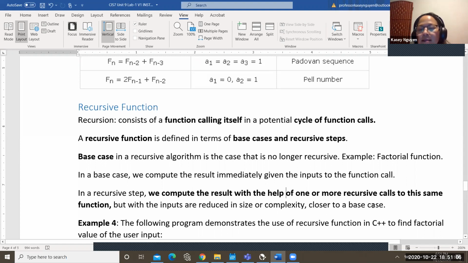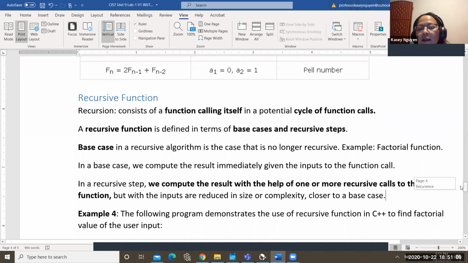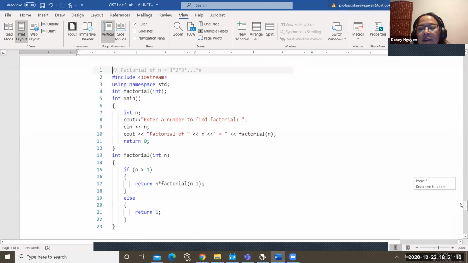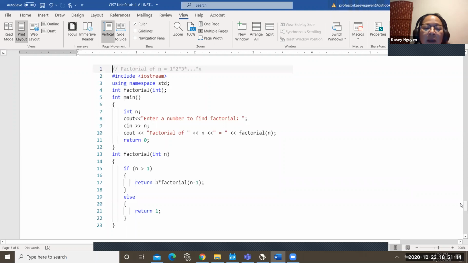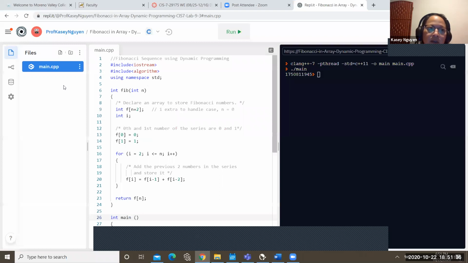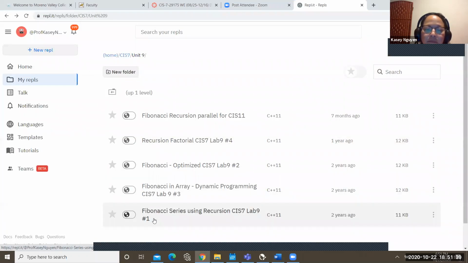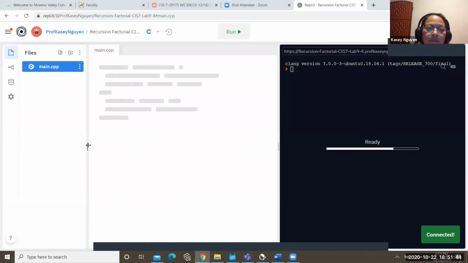Okay. So in example 4, since we already did one on Fibonacci, what I wanted to include was a factorial program. And you've probably seen factorial programs written a lot shorter than this, right? Because we have a lot of cout, but in this one, it's actually taking the user input. So let's go.